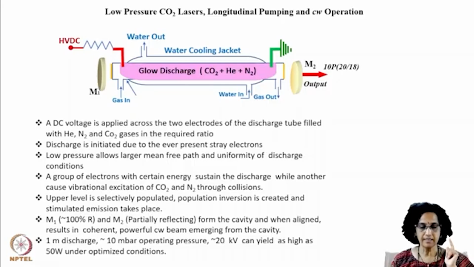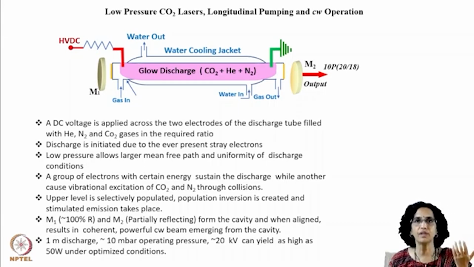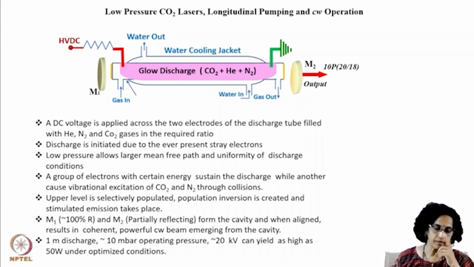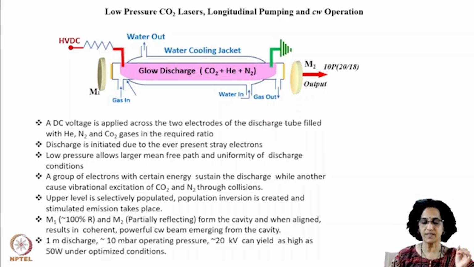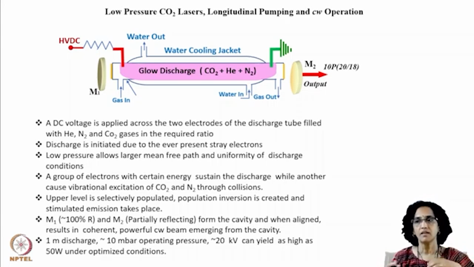So in the last class, we touched upon the operation of low pressure CO2 laser, where the gas pressures can be of the order of 10 to 15 to 20 millibar, and a longitudinal discharge is what is affected. And normally one sees the glow discharge because the mean free path, which is inversely proportional to the pressure, is quite large, and therefore the possibility of instabilities or constrictions is very less, and one normally sees a